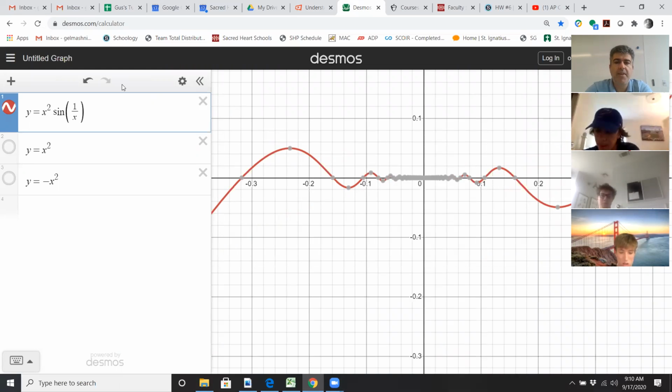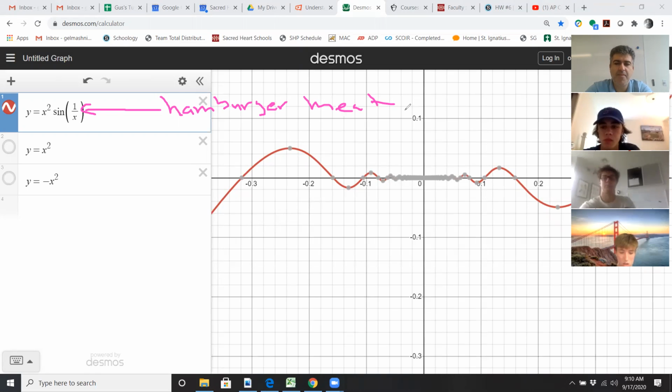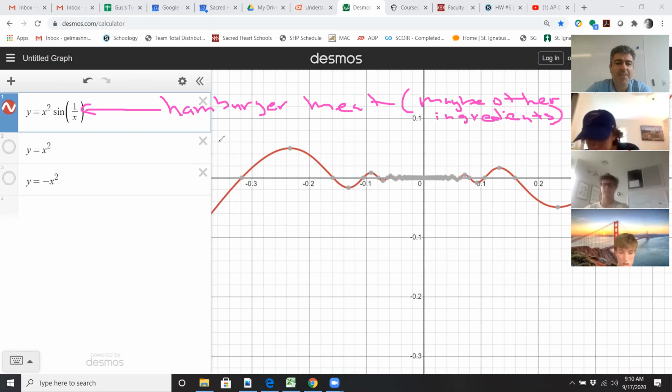Think of this, it's going to be kind of corny, as hamburger meat. Or if you like In-N-Out, I know some of you talked about In-N-Out on the first day. You know, hamburger meat, maybe other ingredients, maybe cheese or sauce, or I like pickles. I'm not a big fan of mayonnaise. Some people like mayonnaise, ketchup, onions. My wife doesn't like that, but